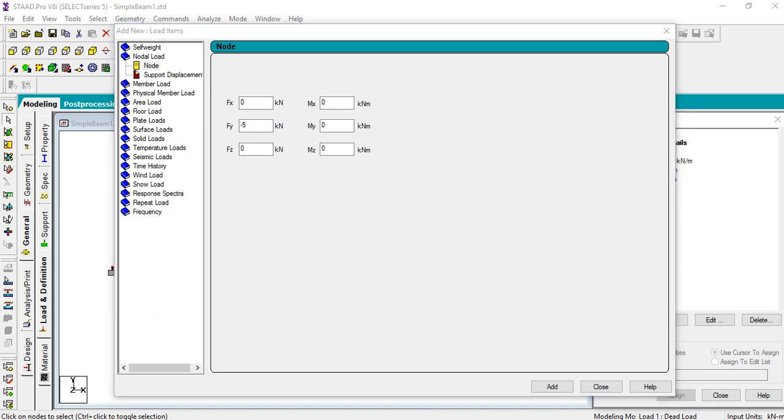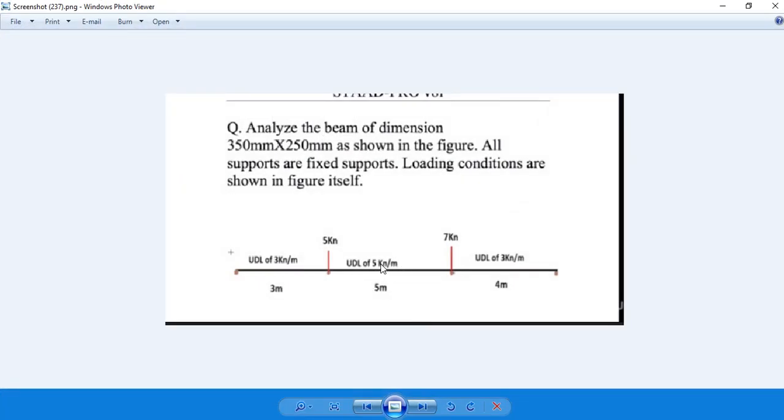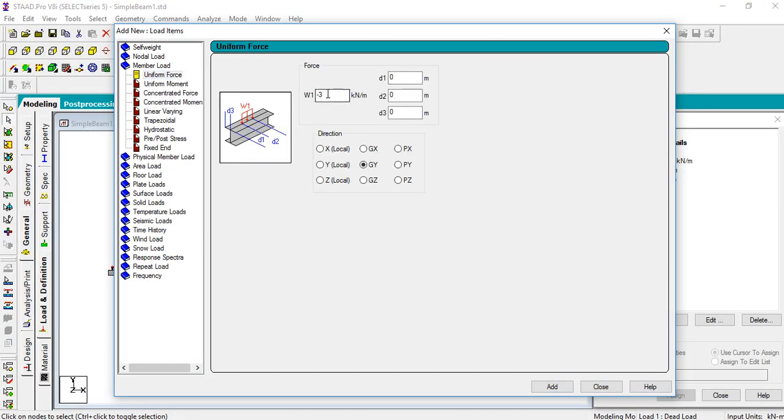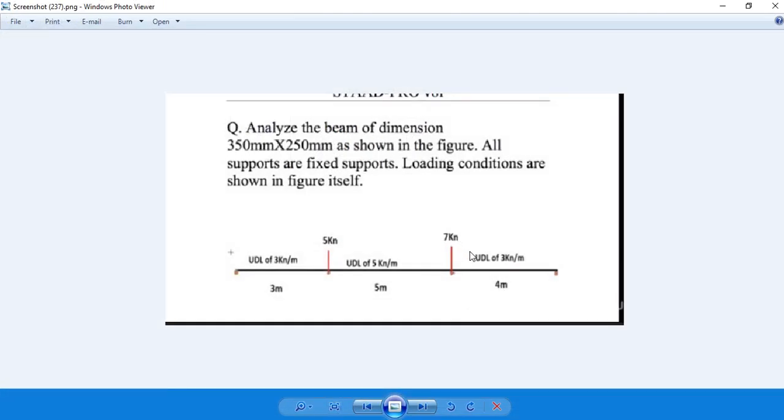Then we have another UDL here, which is 5 kilonewton. So let's go back to our member load, and we have our 5 kilonewton. Click on add. Then we have another one at this node,